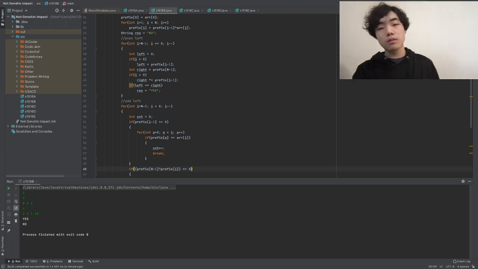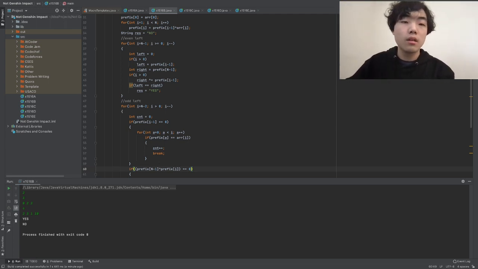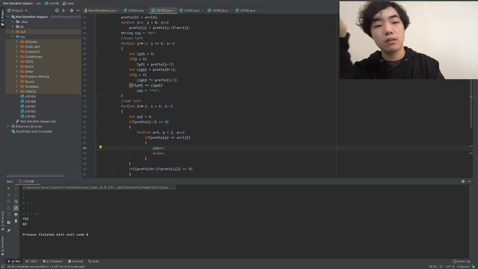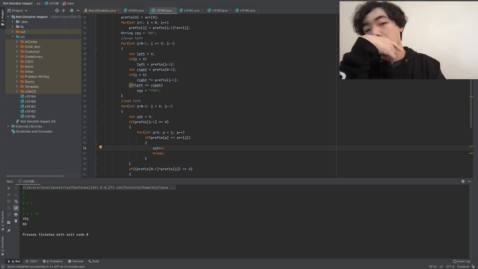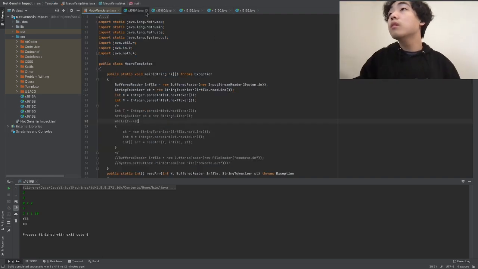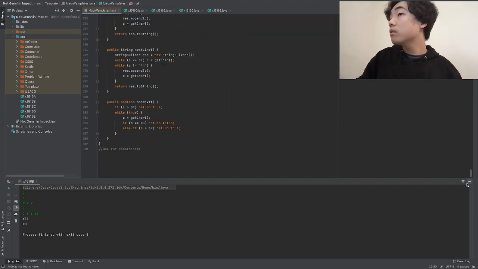Product. Okay, well, if the product of some numbers is equal to their LCM, that means every pair of numbers is co-prime to each other. For the minimum number of subarrays I'll need, if we want to answer O of n per query, basically what we do is we want to keep track of, for every prime factor, the next occurrence where it appears. So, in other words, if we do something like this,